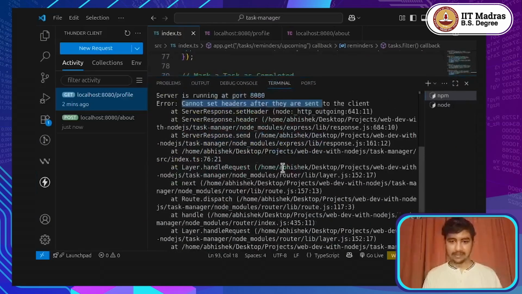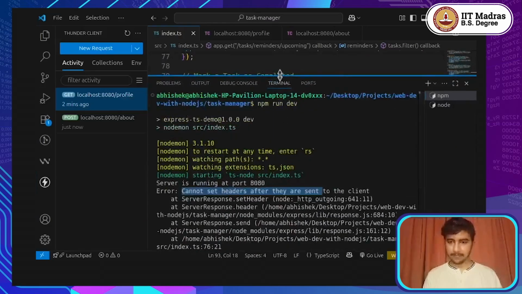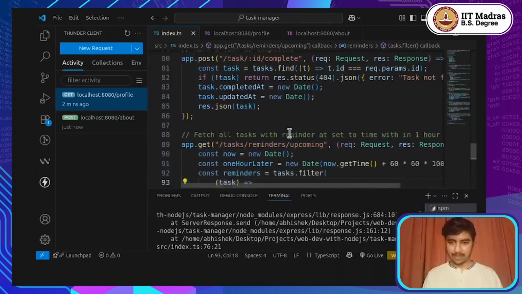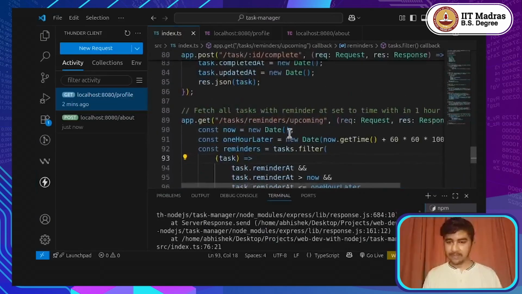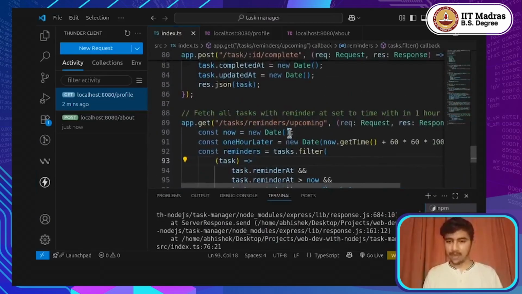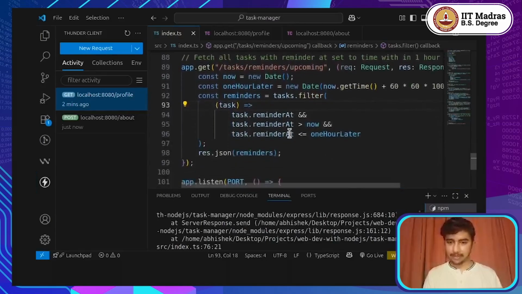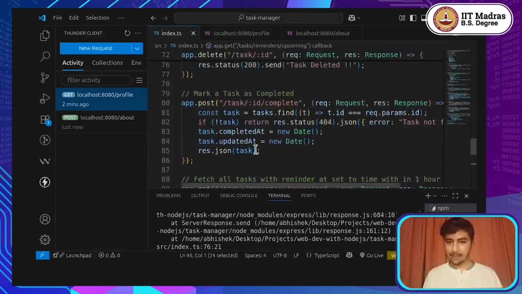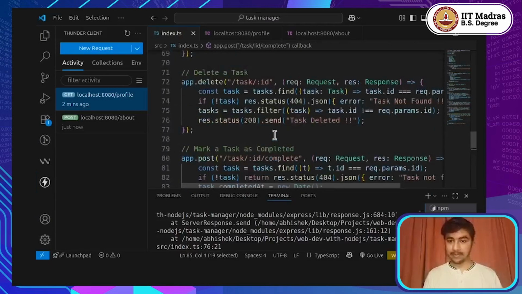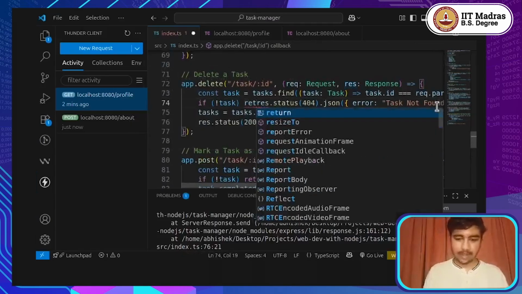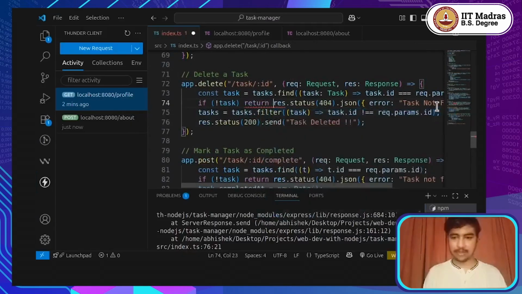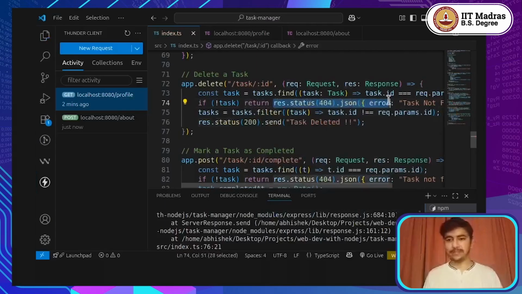This error, I think, has just come once. So we have hit 3 such endpoints, which we have hit only once. One is this reminders. So here only we are sending response once. Complete also, we are only sending response once. Delete, we are sending response twice. So this seems to be the problem. So here we should add this return so that the control does not move forward beyond sending this response back